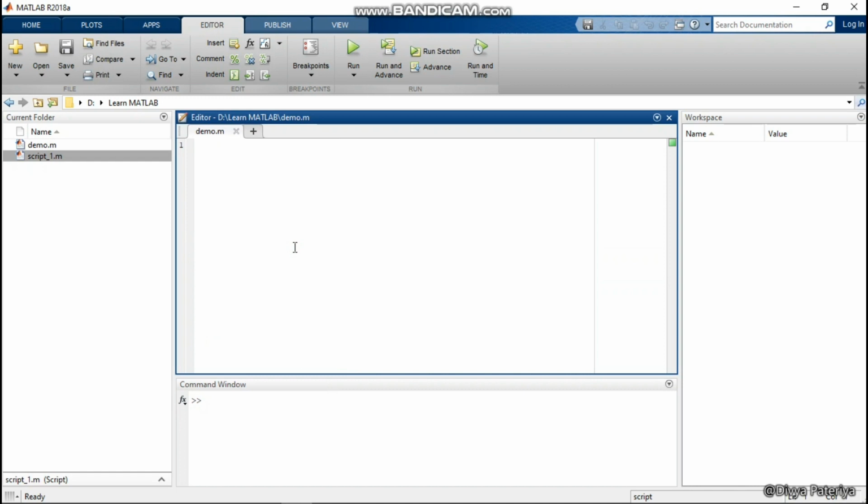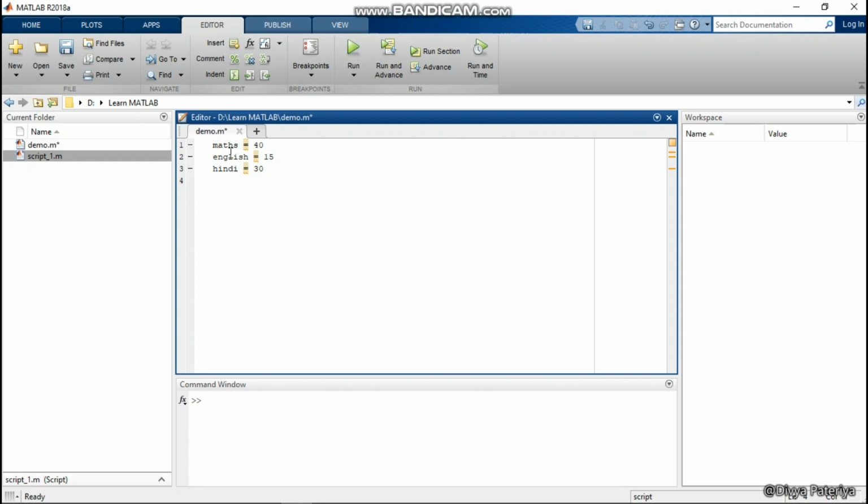Okay, so I am going to take an example in which I am going to calculate the percentage of a student getting marks. Suppose I am writing the marks of the student like this: in maths, the student is getting 40 marks. In English, the student is getting 15 marks. In Hindi, the student is getting 30 marks. So these are the three subjects and I have assigned marks to that particular student.